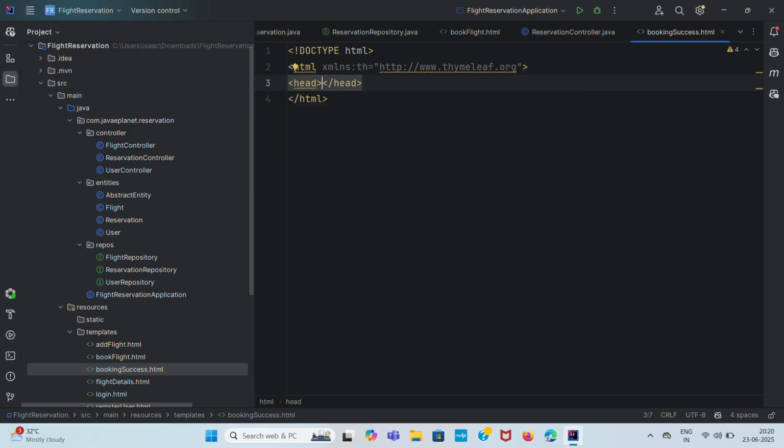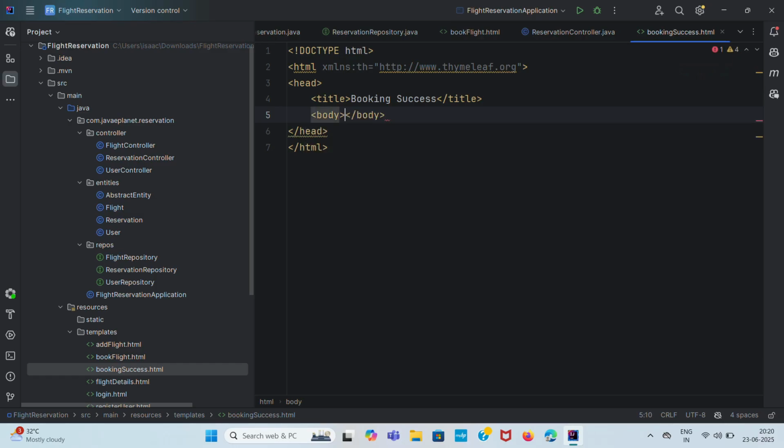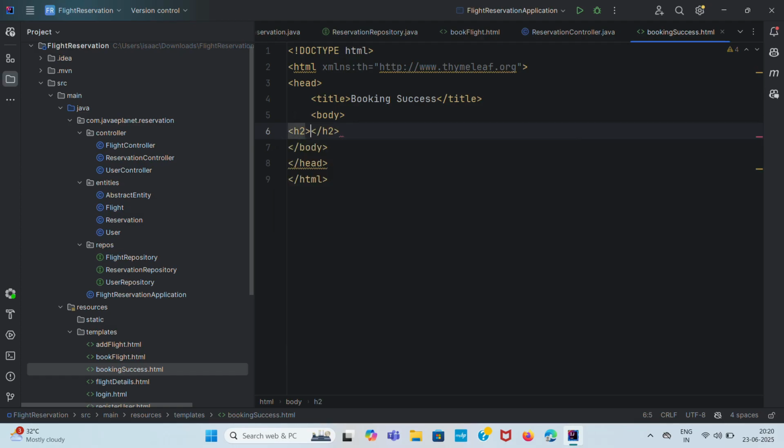Head, title, booking success. Okay, after that body, some h2 tag, booking confirmation,